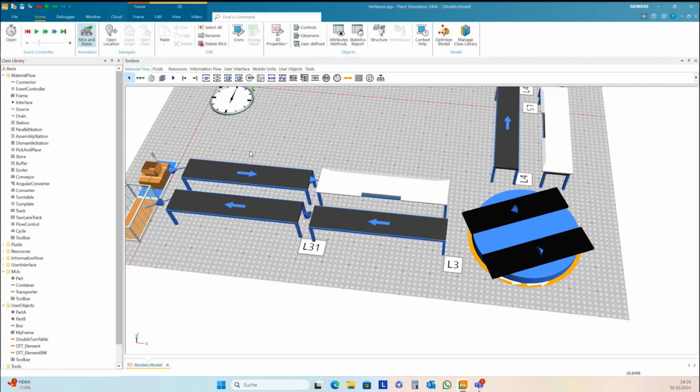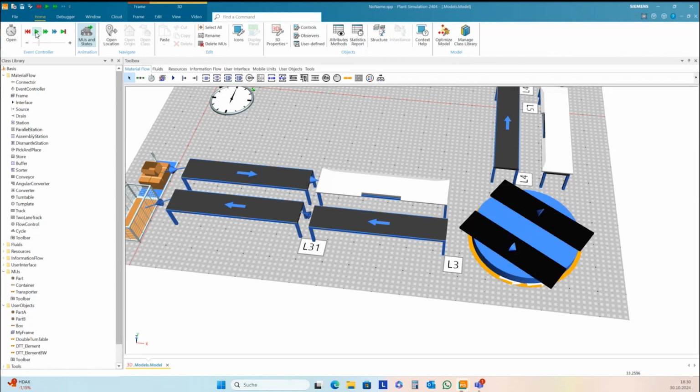Now I need two steps. First step is I need to create this double turntable each time the simulation starts, and so I need an init method to create all these elements. And a second step is I need to create a method how to load parts on the right lanes here.